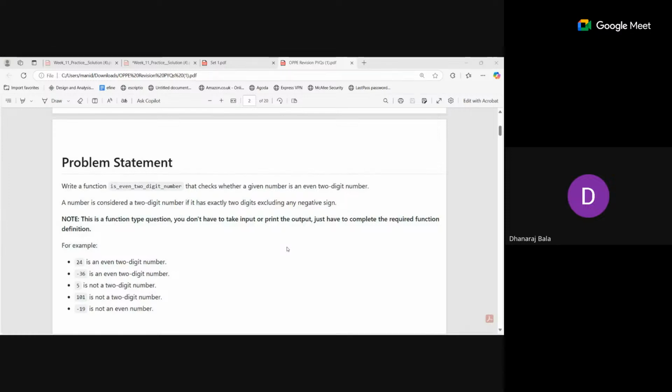For example, append: what does it do, what parameters does it take? So basic method descriptions, you're saying? Yeah, I remember reading that you can use help to get that information. Has anybody used that feature in the OPPE? No, it will show only the methods available with the function. Can somebody please explain how we get that list of methods? Show.